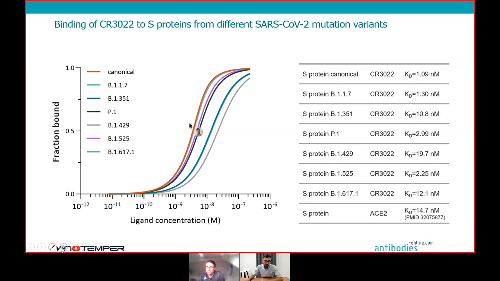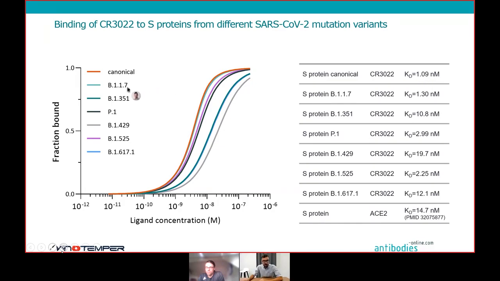From this, I think we can already see a lot of what's going on. The first one here, the red one, is the wild type S protein, and this gave us the strongest binding interaction. We measured a KD value of around 1 nanomolar, and that's really strong binding. Antibodies that bind in a single-digit nanomolar range are really good antibodies. A lot of commercially available antibodies have much higher KDs, maybe even micromolar. That's a factor of 1,000 weaker binding, so 1 nanomolar is really, really good. If you have an even better antibody, you might sometimes even have picomolar affinities, for example three-digit picomolar KDs.